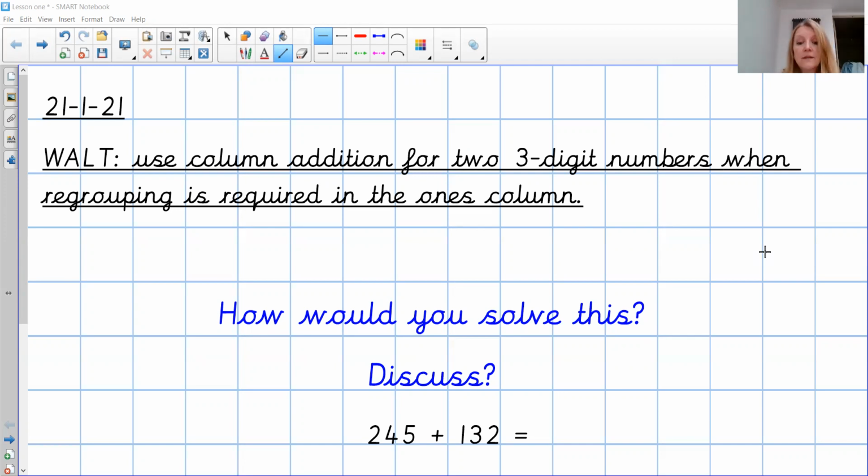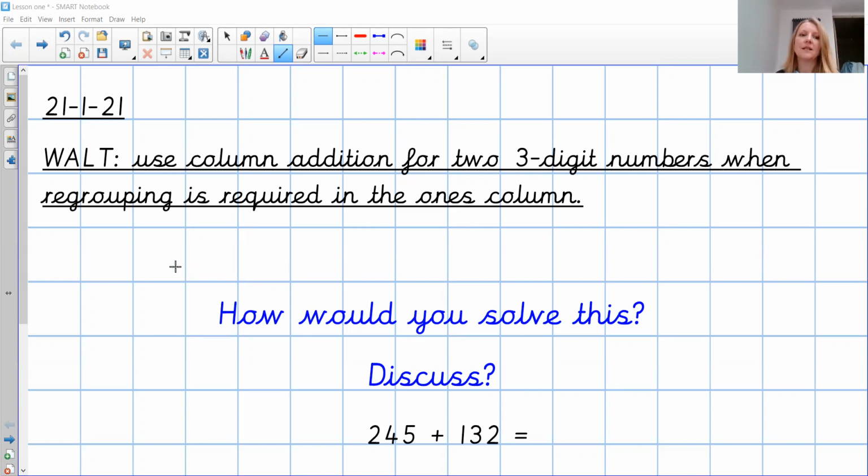So if you look at the ones, the 5 and 2, that would add up to 7. The 10s, 40 and 30 would add up to 70, and the hundreds, 200 and 100 would add up to 300. So the answer to that calculation would be 377. And before Christmas, we did a lot of work on how to use mental strategies to add numbers. What we're going to go on to now is, it says here, we're going to use written methods,